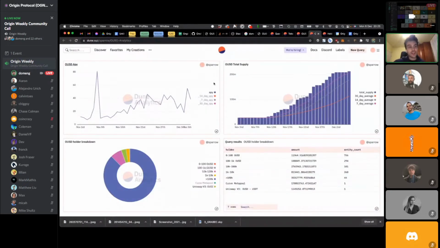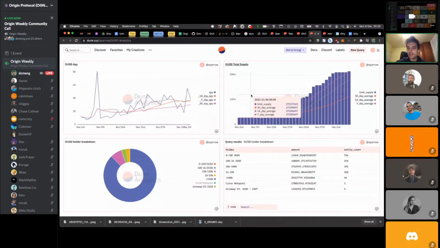So what we currently have in the dashboard is OUSD APY and trailing averages. Currently, I have it only from November. That's when we did the upgrade. I'll explain later what that is, but I will add previous data to this as well. So this is the change of our APY.